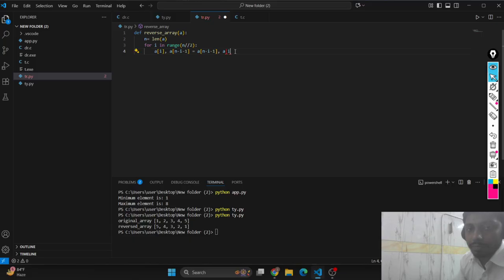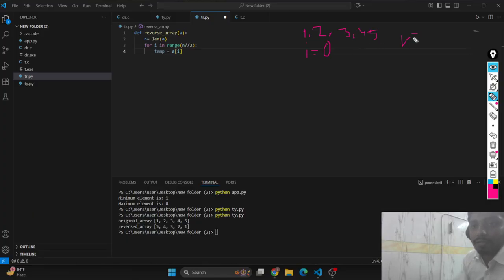So first of all, let's take a temp variable. We will take temp and store the first element, i is equal to 0. Here i is equal to 0 and suppose n is 5, with the array 1 2 3 4 5. So i is equal to 0, and the element at index 0, which is 1, would be stored in temp,